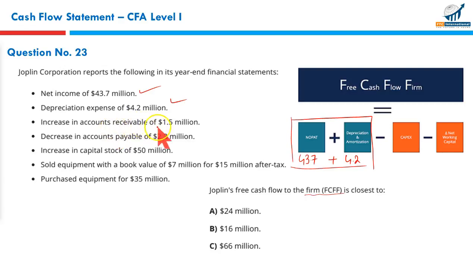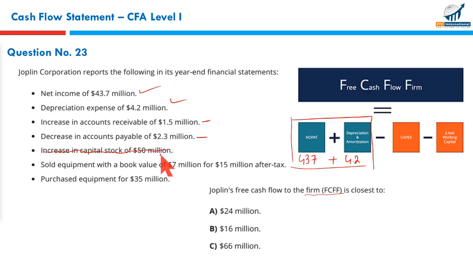Increase in account receivables. Now let us consider these. Instead of putting them in formula, take these numbers, because these numbers will tell whether you will be adding or deducting. Increase in account receivable over the period: they didn't pay you. It's an outflow. Must be deducted from these two. Decrease in accounts payable: if accounts payable have decreased over the period, that represents an outflow. You have paid them. Common stock, capital stock, it's a financing transaction.